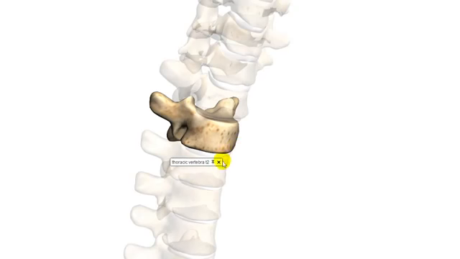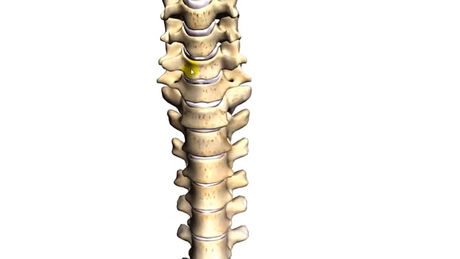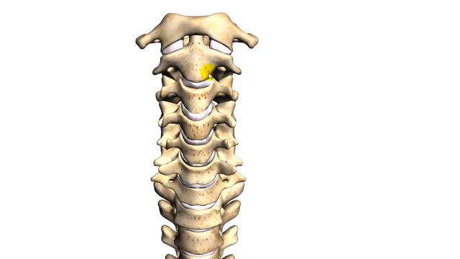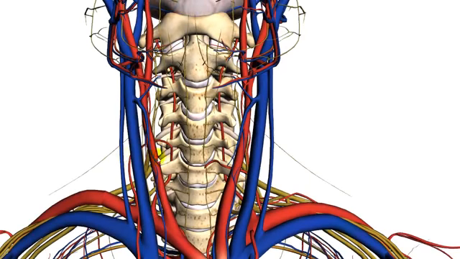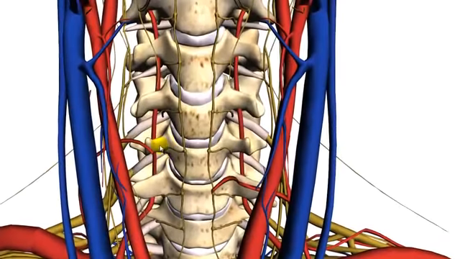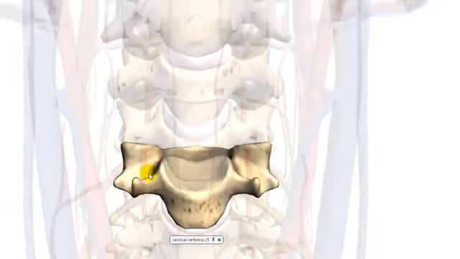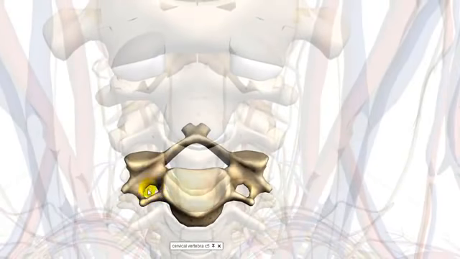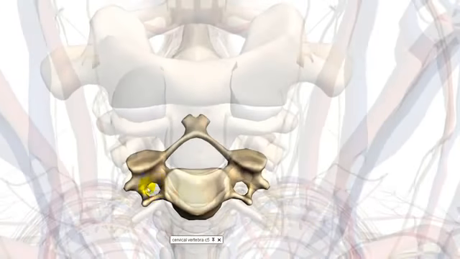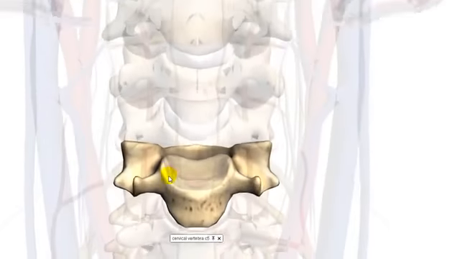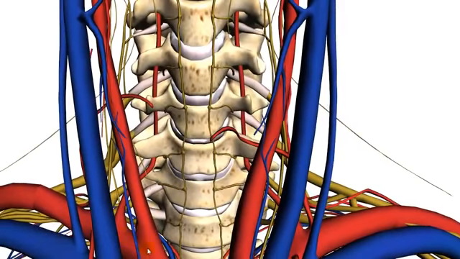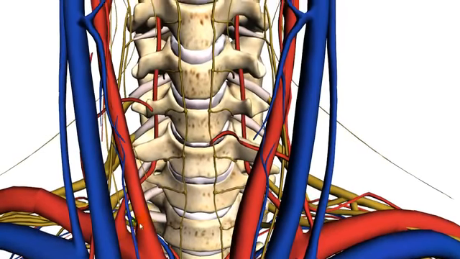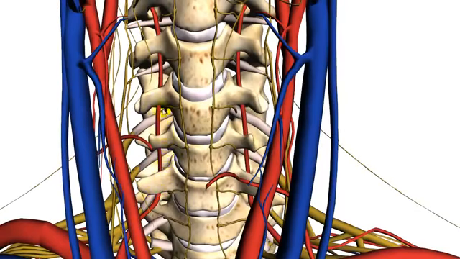So I'll just quickly show you how the spinal column relates to other structures. I'll just bring back some blood vessels and some nerves. So I just showed you before, I'll just click on that vertebra. This is a cervical vertebra, and you can see that because it's got these transverse foramen, and this is where the vertebral arteries run. So you can see that there, the vertebral artery coming off the subclavian and then running up through the transverse processes